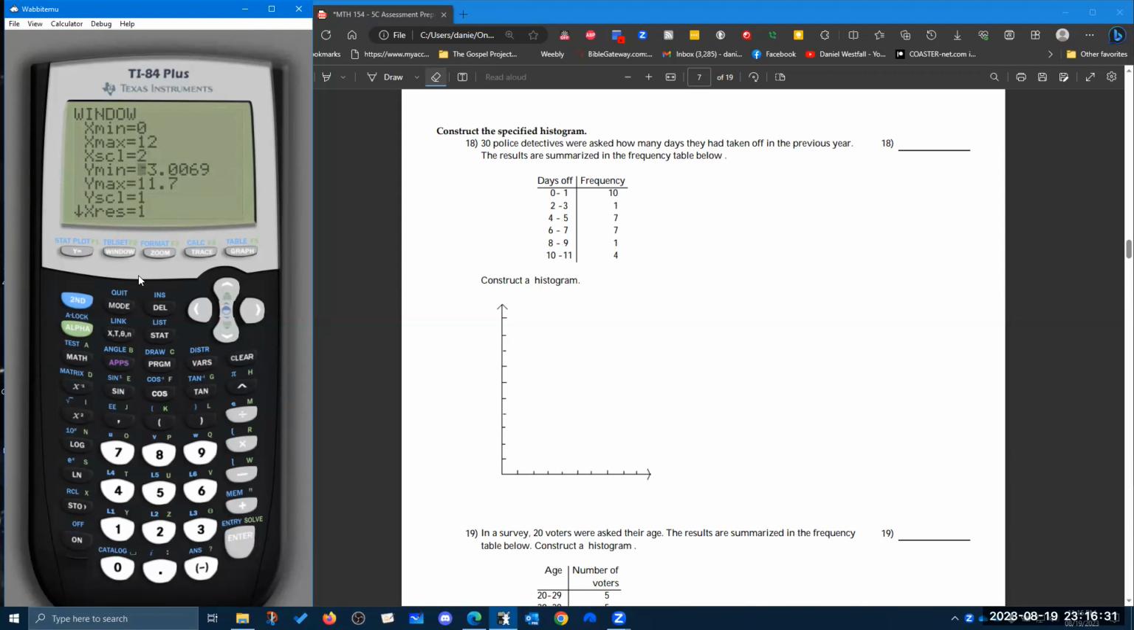And let's see, that works, so I'll just call this 12. And we want a little bit negative, even though the lowest number is 0, we want to see that x-axis, so it's going to show us a little negative on the y-axis. Now let's go ahead and trace, and we'll see that we're going from 0 to 2